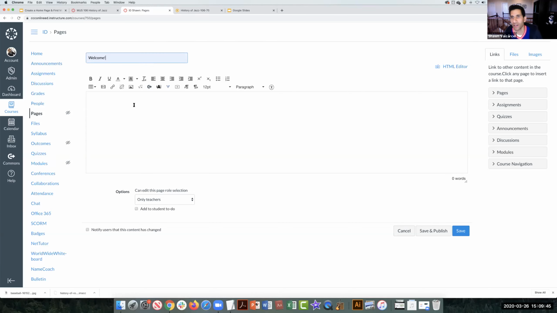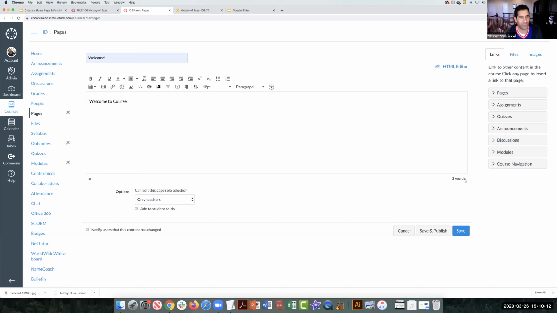All right, so now I've titled it, it's welcome, and what you see here is in the rich content editor, you have these items that are similar to working in Microsoft Word. You can also add multimedia, video, audio embeds. But of course, the first basic thing to add is text. So you can say